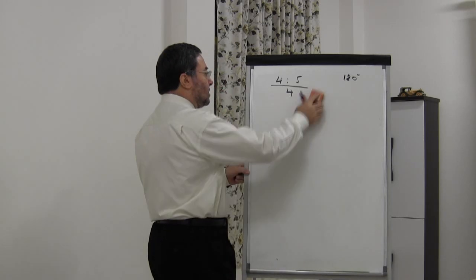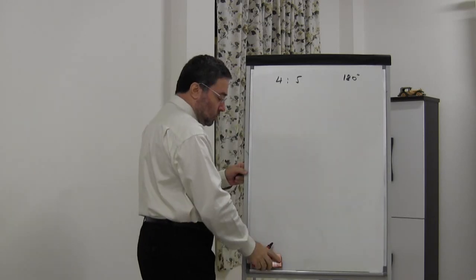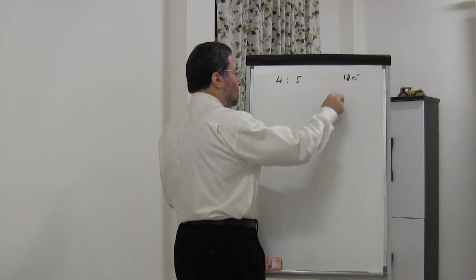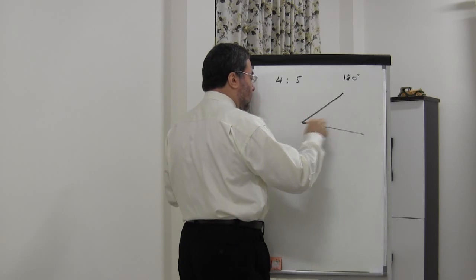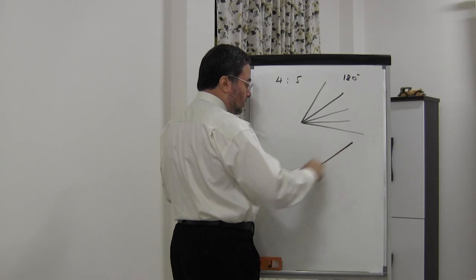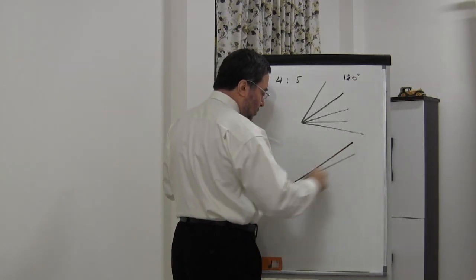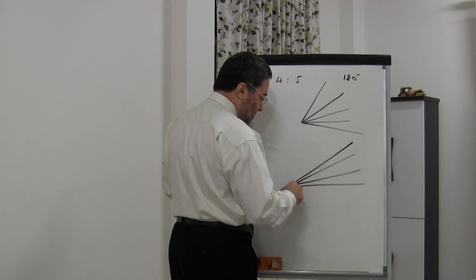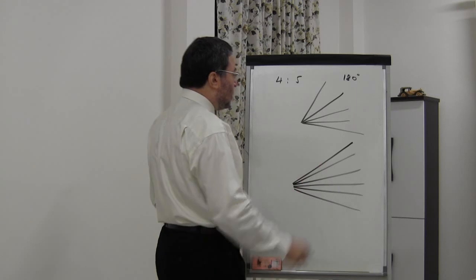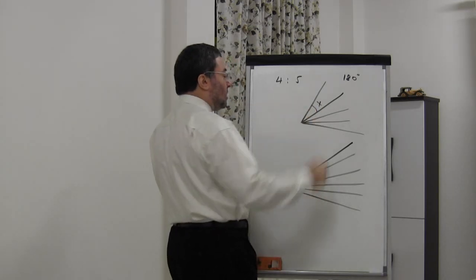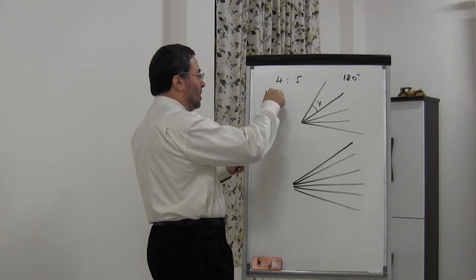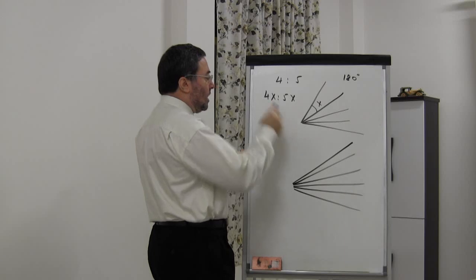Another way is to do it as it is done in the elementary school, where you have blocks. And here, my two angles, one of them will be split into 4 equal parts, and the other one will be split into 5 equal parts. Each one of these parts is unknown to us, so I'm going to put this as x. So I have here 4 parts to 5 parts. Adding them